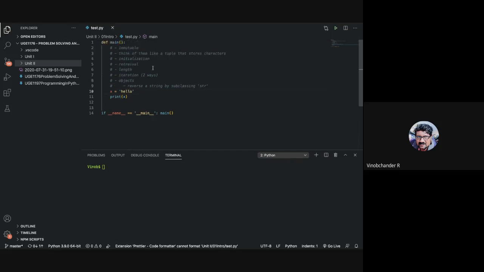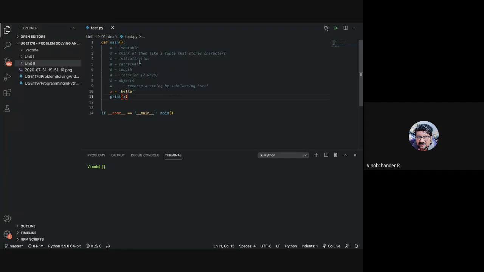Right, next point is retrieval. How do you retrieve the characters within a string, guys? You call it like an array, no, sir? Like a string, square brackets, and then... Correct. Exactly, exactly.